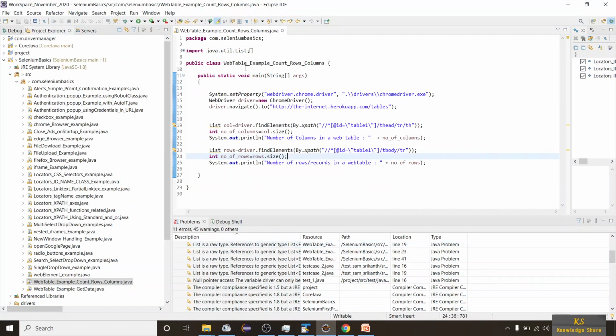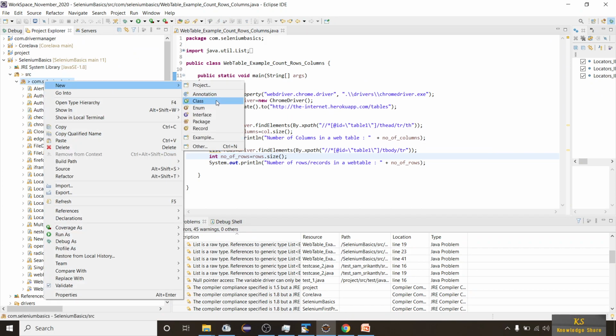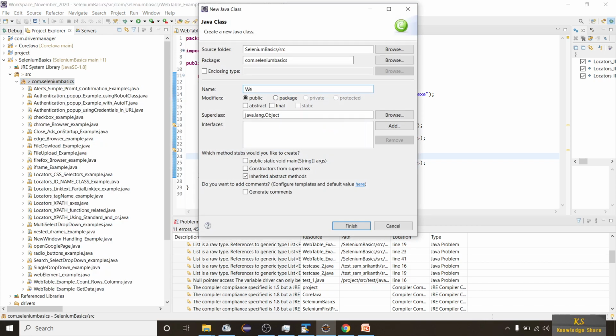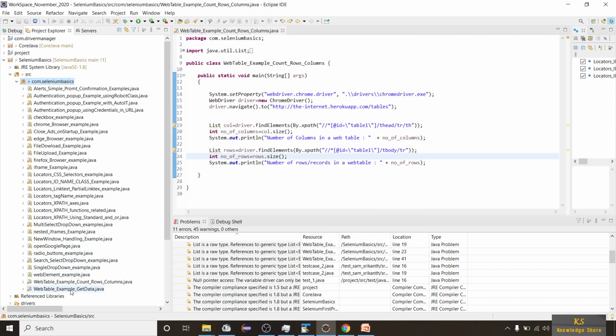So I'm going to create a new class as usual. I'll call it web table example get data. I think it already exists, let me delete this.